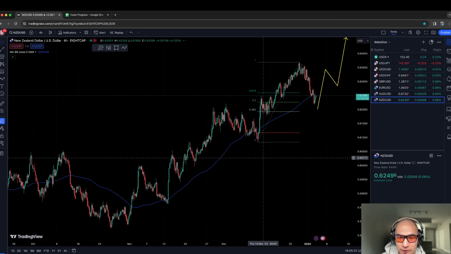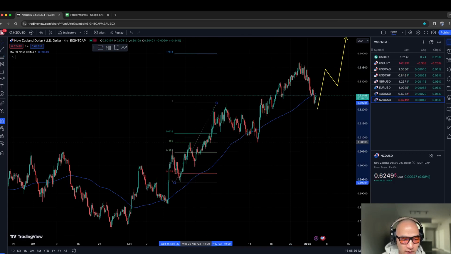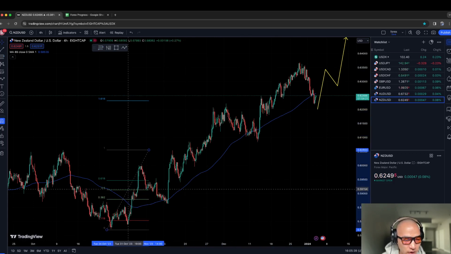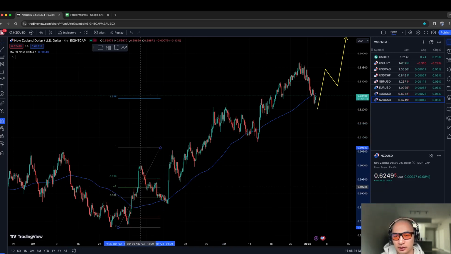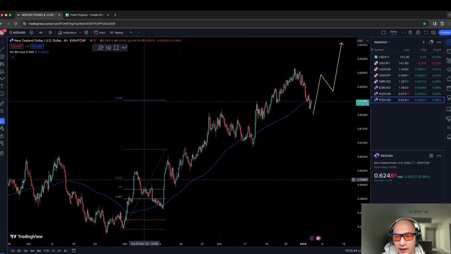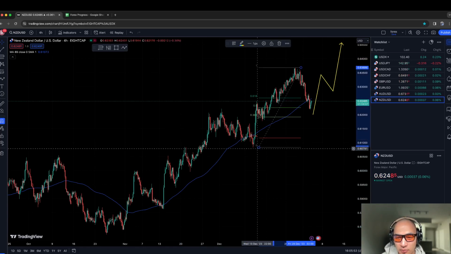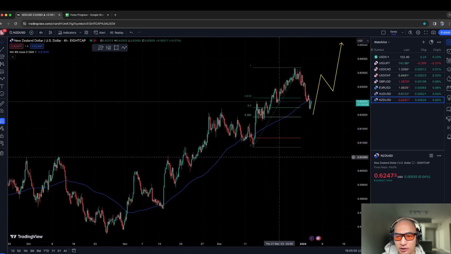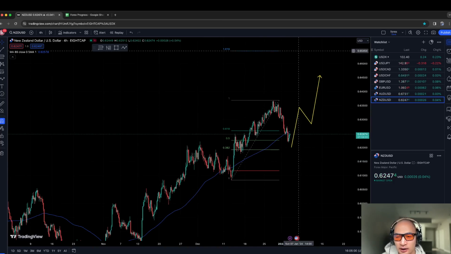It still seems like a big wave. You see, compared to the other directional waves, it still seems a little bit big. So it's really hard to imagine. Well, actually, it's not that big, but it's still bigger than the ideal. So probably it will reach the 1.618. I don't know. It really depends on how the next wave will unfold.